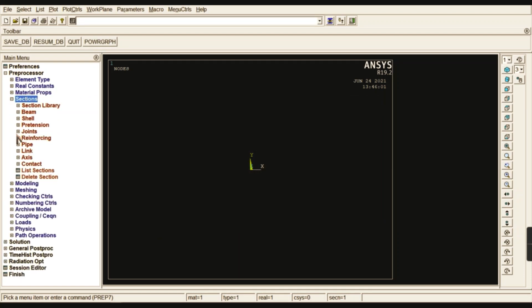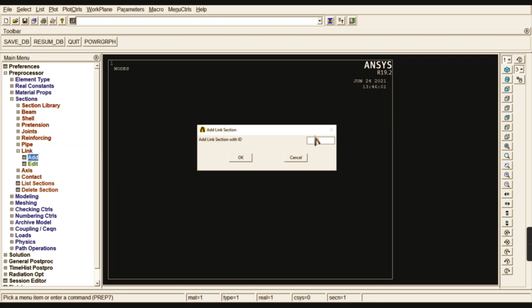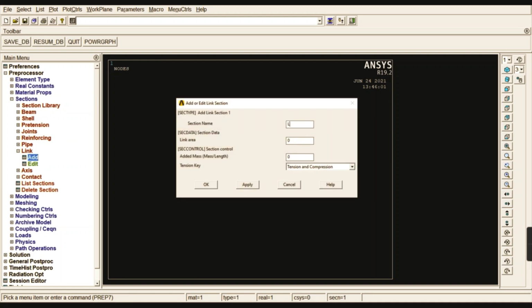And now go to sections. In this section you just give a link, add the link, and the ID we can give as 1, give OK, and make sure it is L. I just use L here. No need to give L1, L2, L3 up to L11 because we have 11 links here. We need to create 11 links, and the area for each and every link is the same, so no need to go for L1, apply, L2, apply, L3, apply. So likewise you don't go for like that, so just fix L as common, and here all the links have